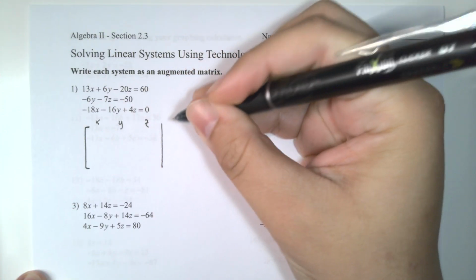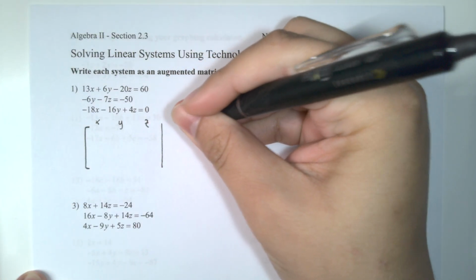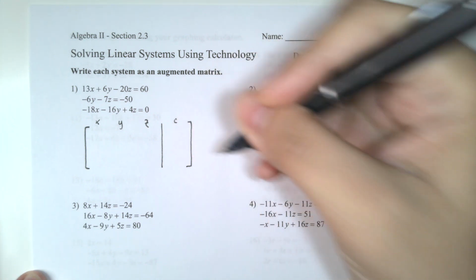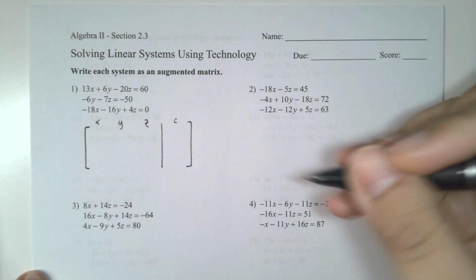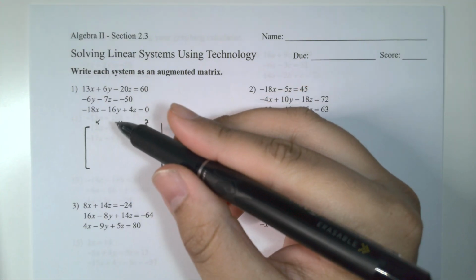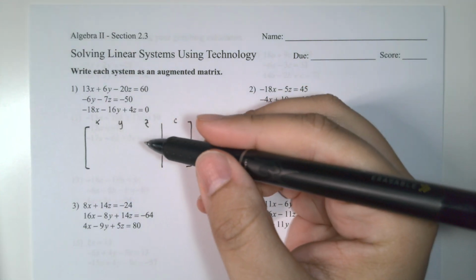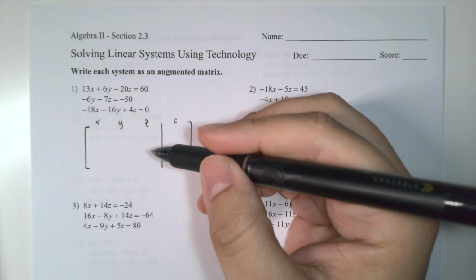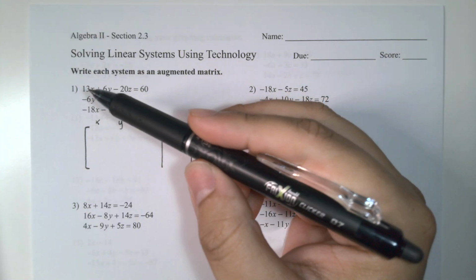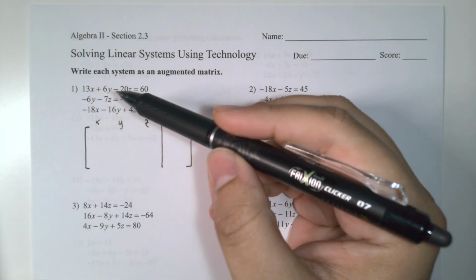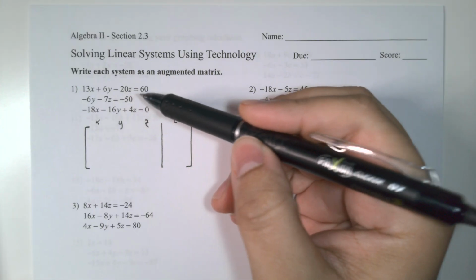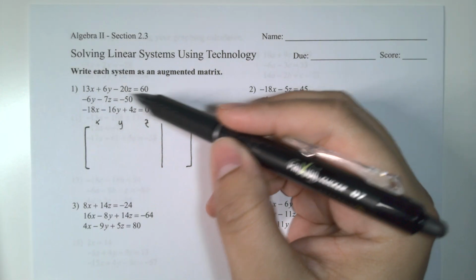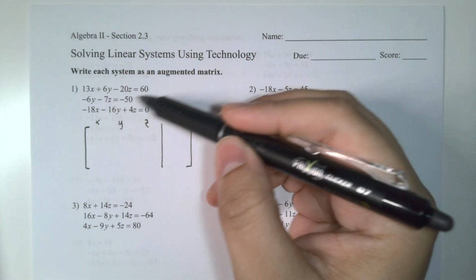We'll have this vertical bar, and then we'll have constants, which I'm going to represent with a C. And this is going to be called an augmented matrix. And so this is how your calculator is going to interpret your systems of equations. You're not actually going to write the x and the plus and the y minus z equals. You're actually just going to write off the coefficients of each of these variables and then the constants at the